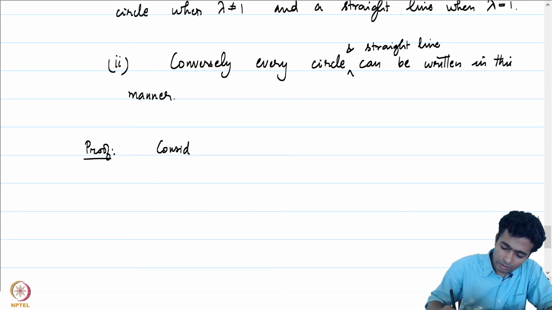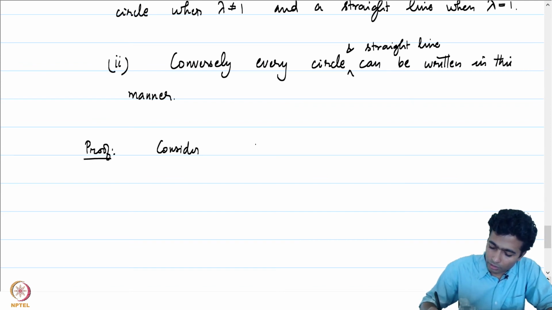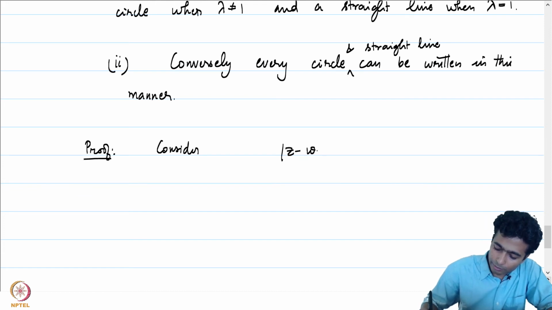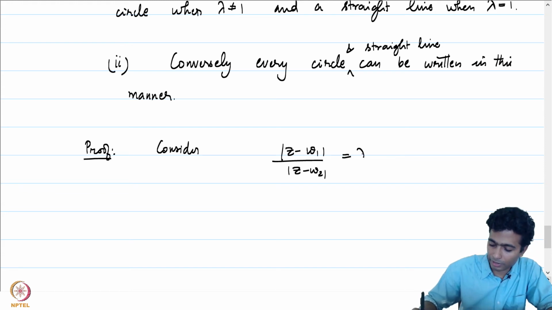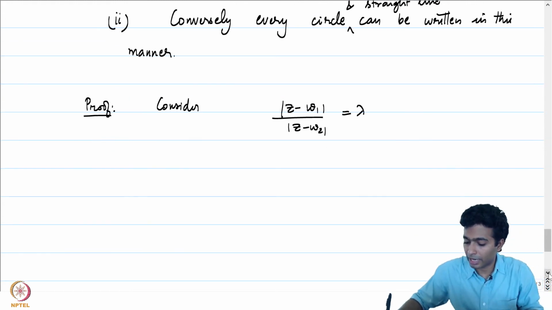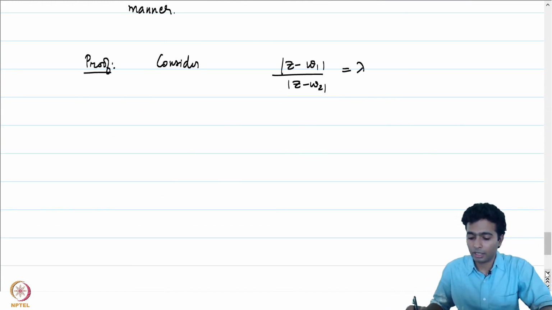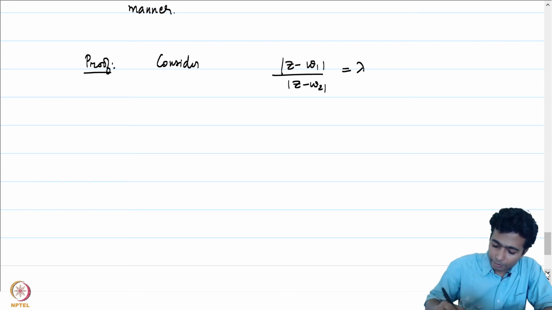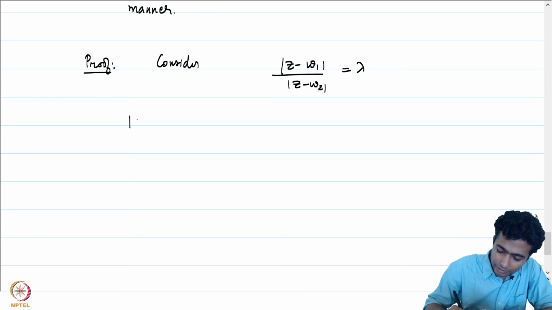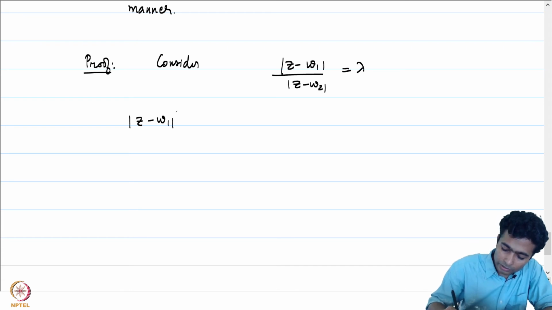Consider the set of all points z such that |z - w1| / |z - w2| = λ. Remember that λ is a positive real number here. If we square both sides, we get |z - w1|² = λ² |z - w2|²,